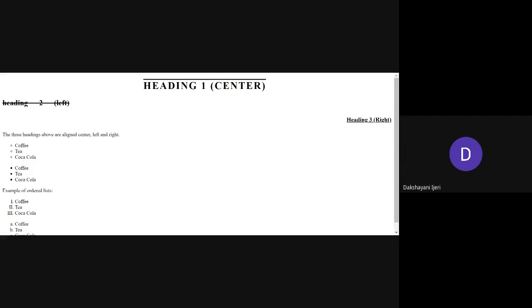The text transform property has been used with uppercase here, so that's why you are able to see each letter in capital form, right? The letter spacing is 3 pixels, and that's why you are able to see 3 pixels of space between each letter of this word here, correct? And the text indent is 50 pixels. Since you have used text alignment as center here, this property is not going to be applied. Okay, so coming to the next, that is heading 2.